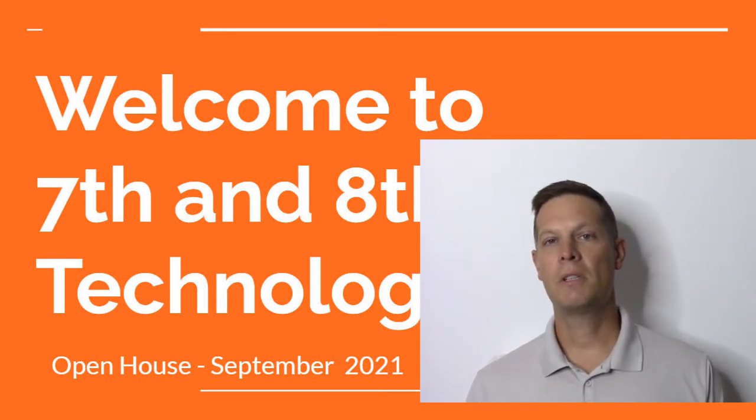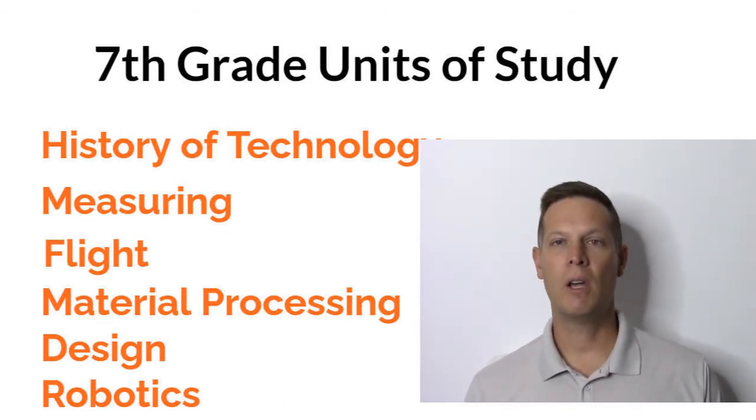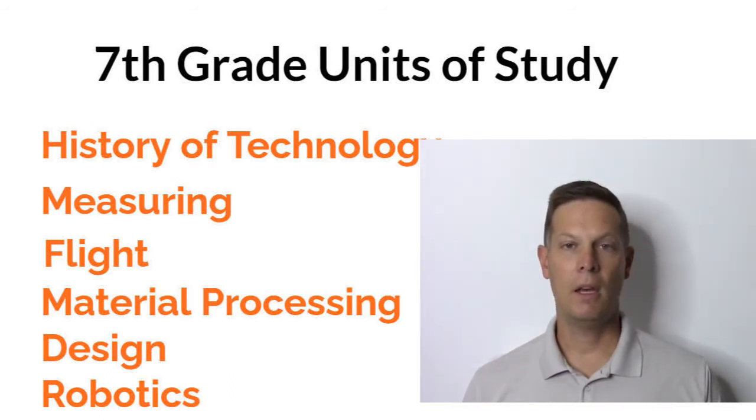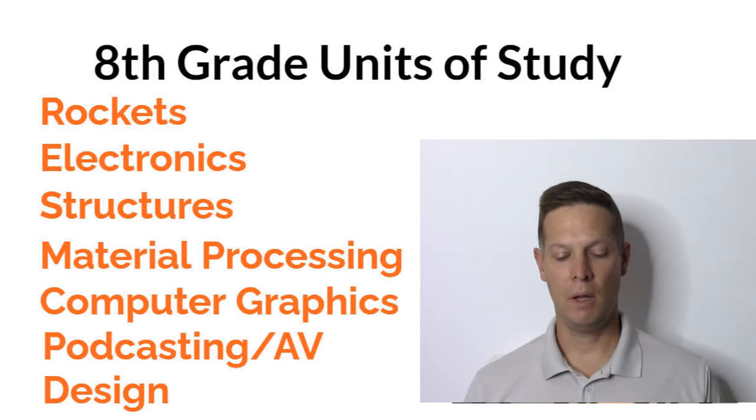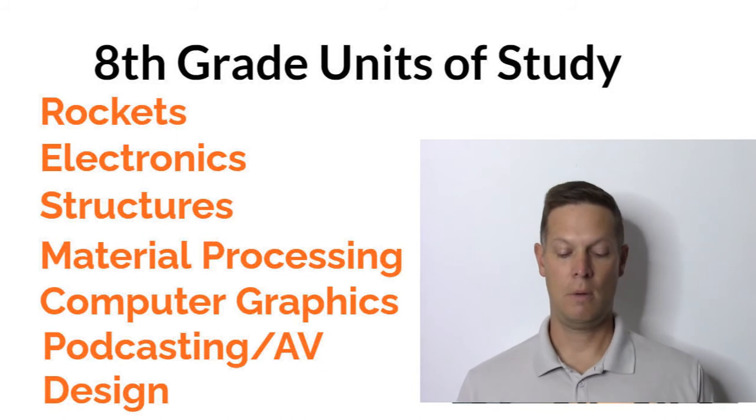Some of the areas we study in 7th and 8th grade technology are as follows. In 7th grade, we start with the history of technology. Then we move on to measuring, flight, material processing, design, and robotics. In 8th grade, we continue on and we do rockets, electronics, structures, material processing again, computer graphing, podcasting, audio-video production,